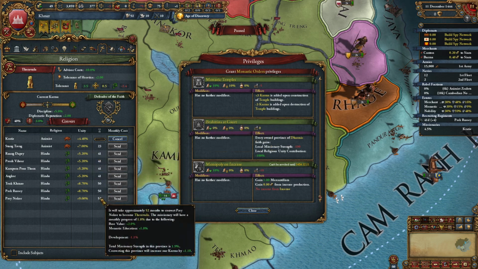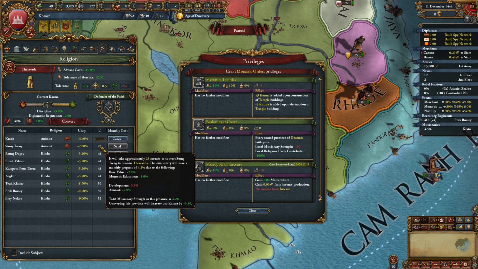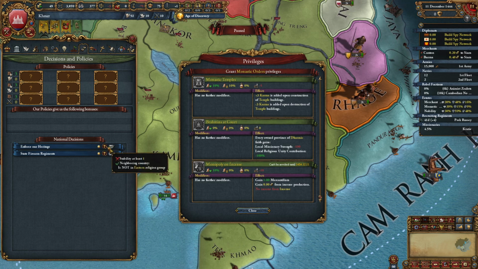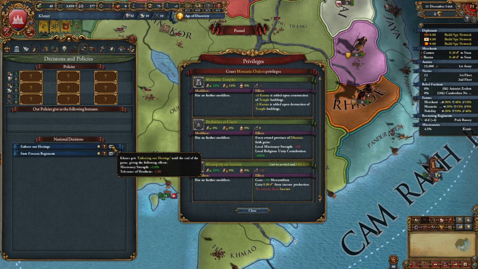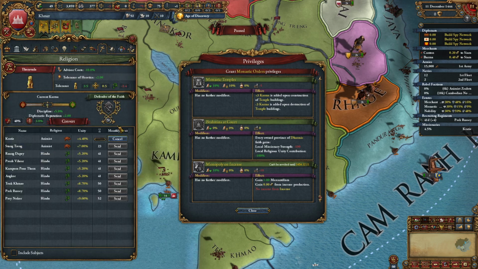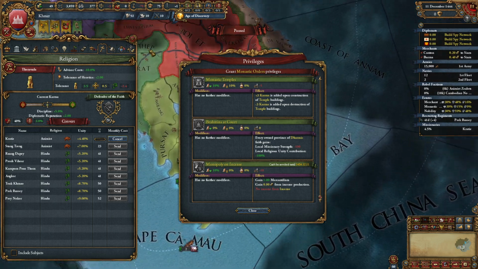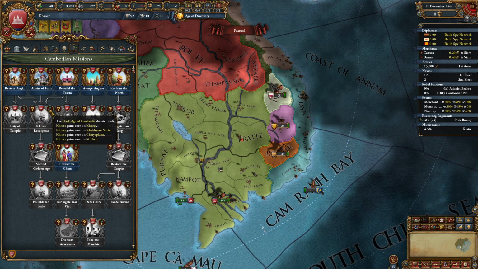You're going to want to convert everything anyway, and you can pretty easily because you get +1 from monastic education. And once you get to stability of 1, you'll get another 2 missionary strength and a -1 tolerant of heathens, which will basically mean you can convert most provinces in Asia just using +3 missionary strength. Anyway, once you've done all that, you got to get your